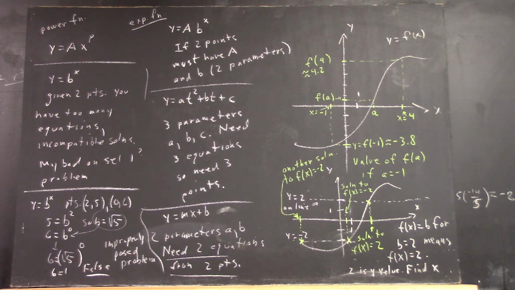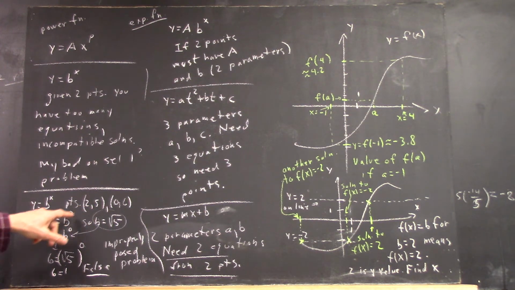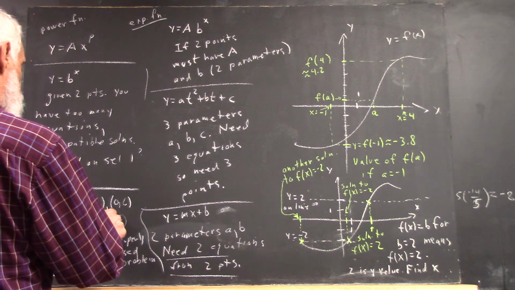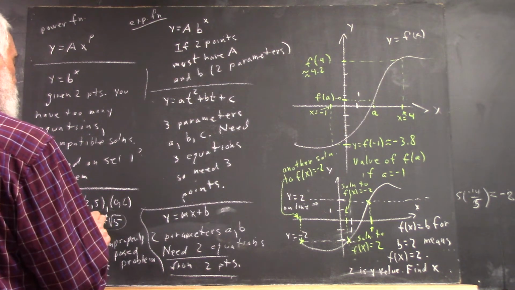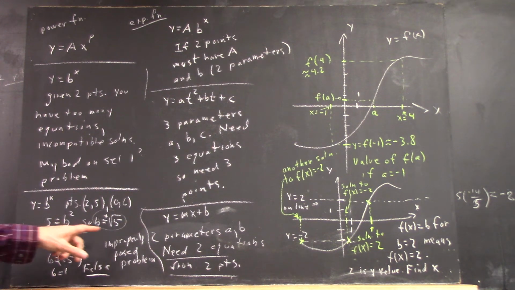Okay? Well, you plug in (2, 5). Okay, x is 2, so you have b to the 2nd power. Y is 5, so you have 5 equals b squared. That's easy to solve. B is square root of 5. Actually, it could be plus or minus the square root of 5. Plus or minus isn't written in there very well, but okay. Whichever it is,